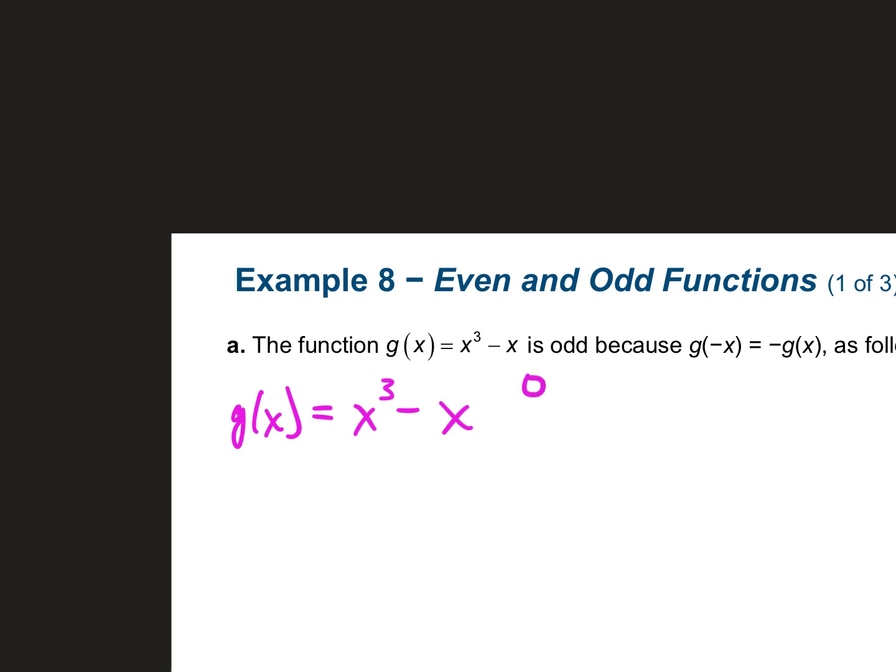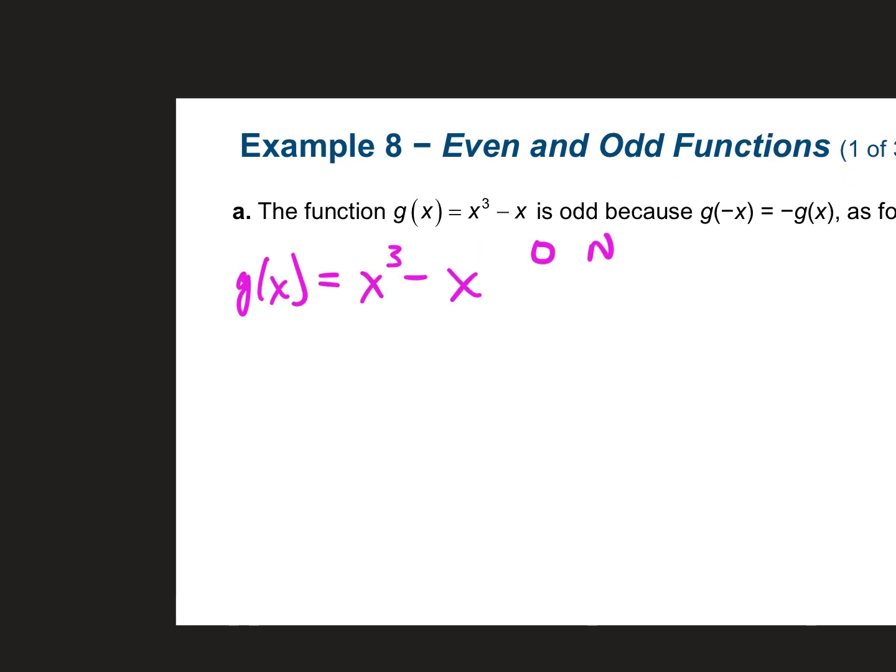It could either be odd or neither. It can't be even because the highest exponent is an odd number. So what you would do is say, okay, if I plug in a negative x, what's the opposite of positive x? Negative x, right? So if I say negative x cubed minus a negative x, this becomes what? Negative x